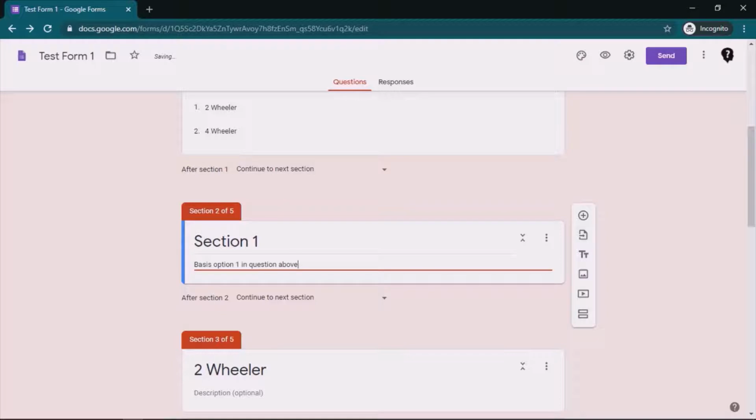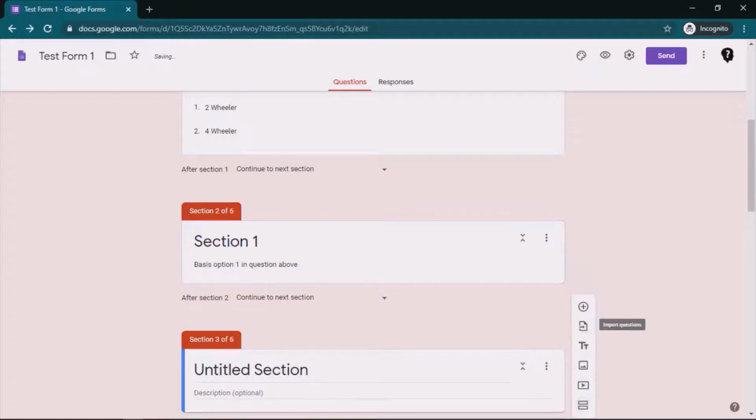I can add another section, section 2. This is option 2 in question above.